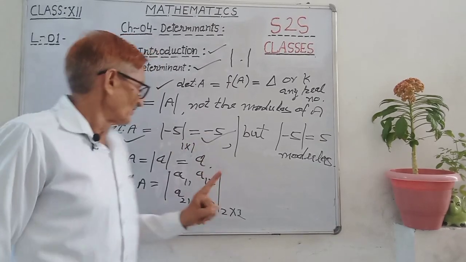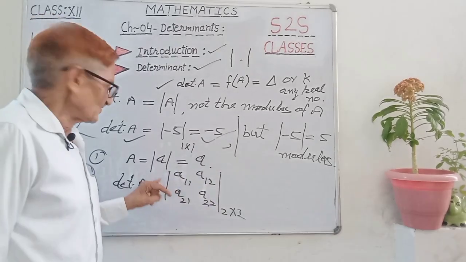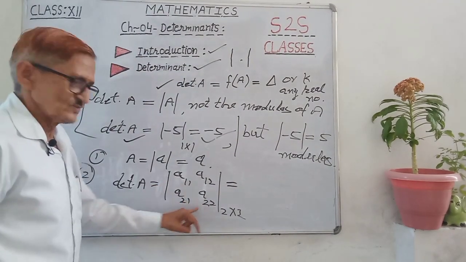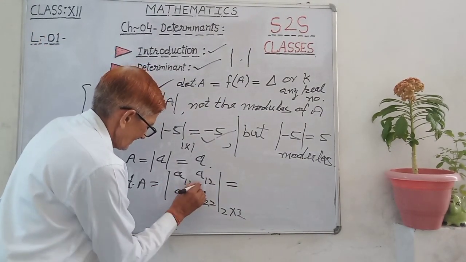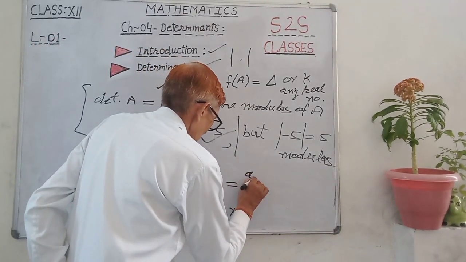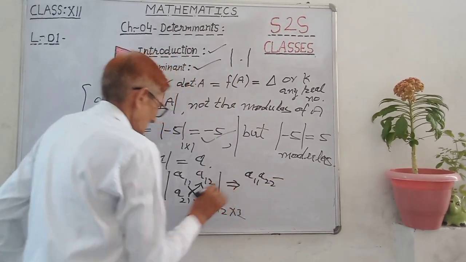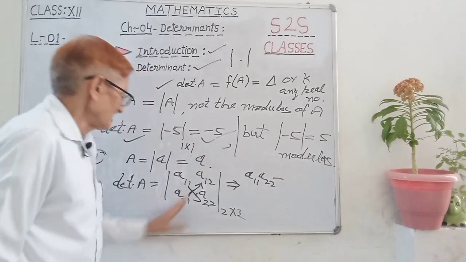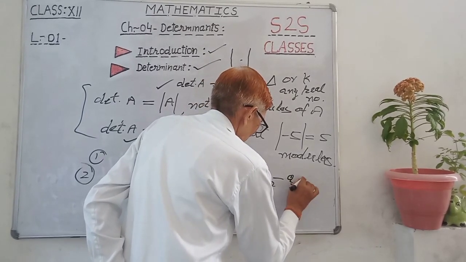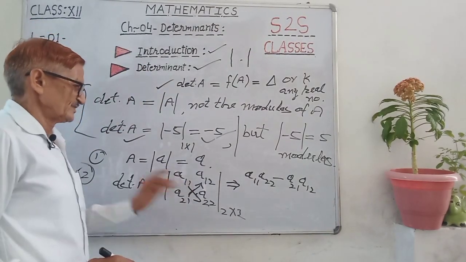For 1 order, it is the element as it is, whatever is inside; the determinant of this is its value. And for 2 by 2, I am telling you: as I told you, in the matrix you cross multiply, and this minus A11 A22 minus cross multiply, this multiplied by A21 A12. This is the value of this determinant.